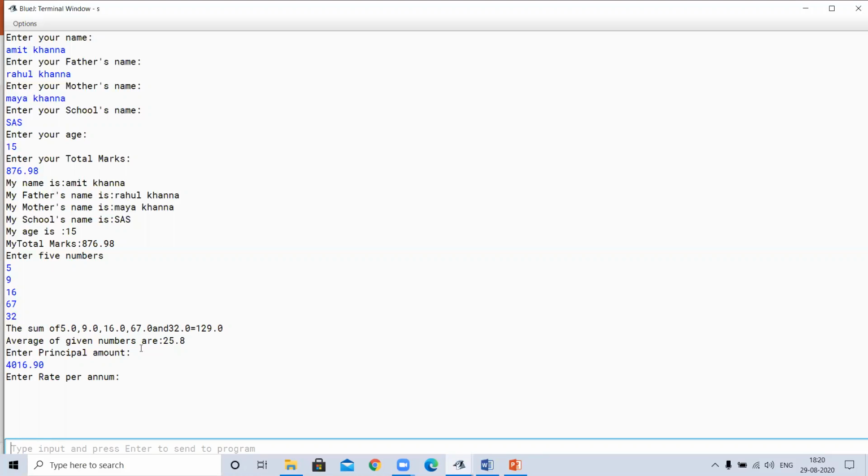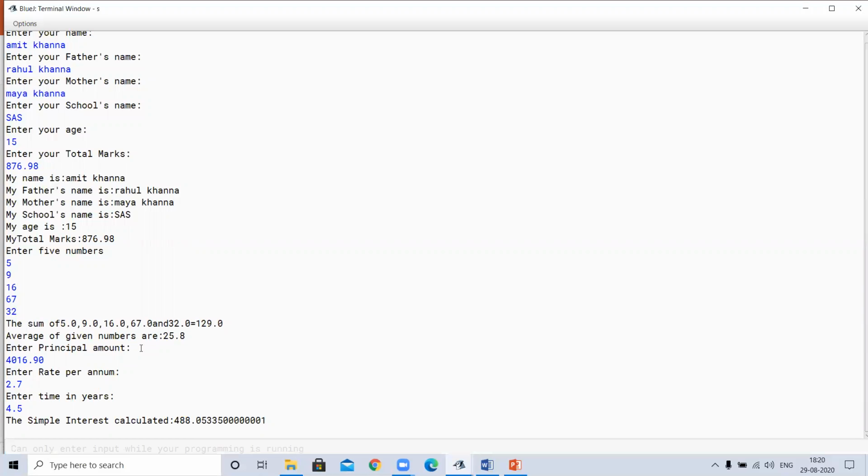The rate is 2.7 and time is 4.5 years. On the basis of my given input, I have given all these entries in double form, means in decimal form: principal amount, rate, and time. On the basis of these given entries, it will calculate the simple interest.